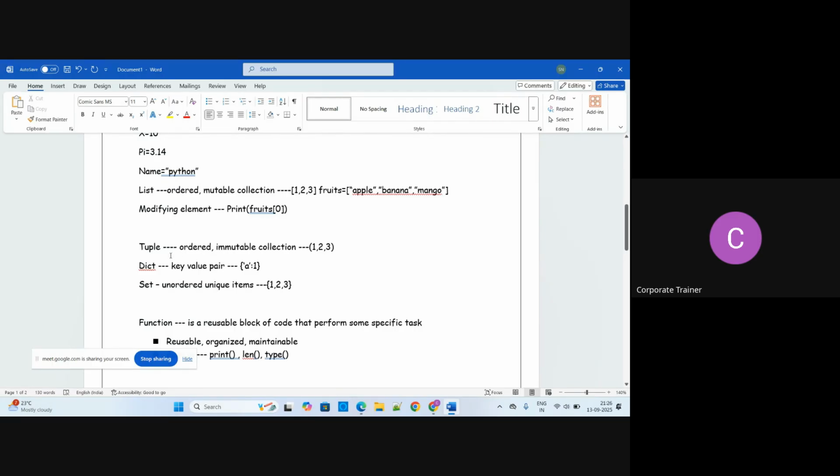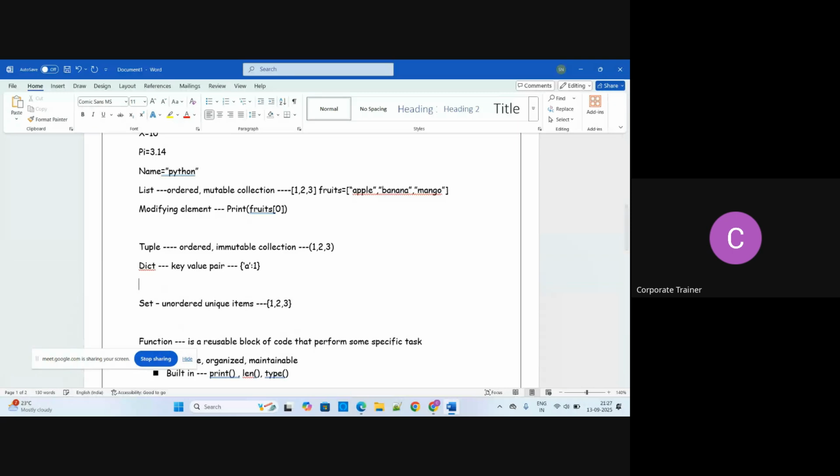Now coming to dictionary. I told you that it's a key-value pair. It is unordered, and the key-value pairs are mutable, that can be changed. It is effective for any lookup and mapping related things. For dictionary, I'll add something to help you understand. Let's suppose I am writing students equal to